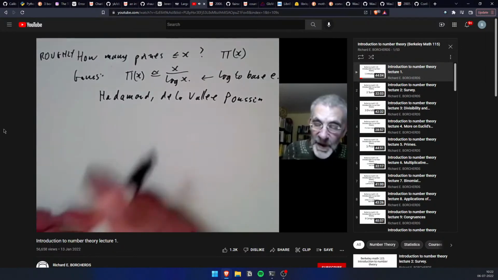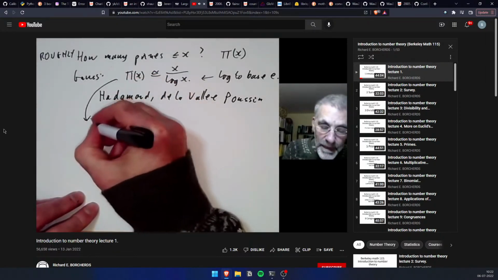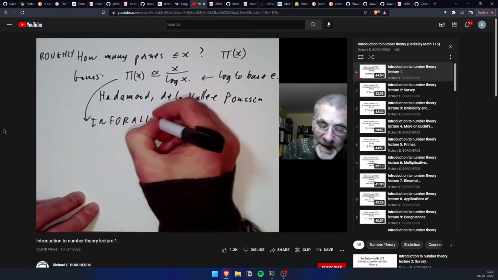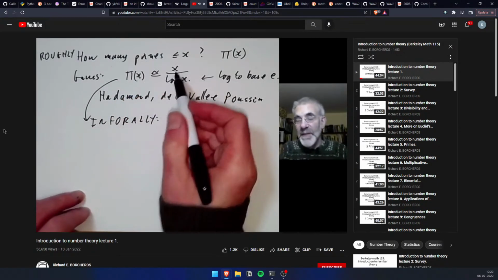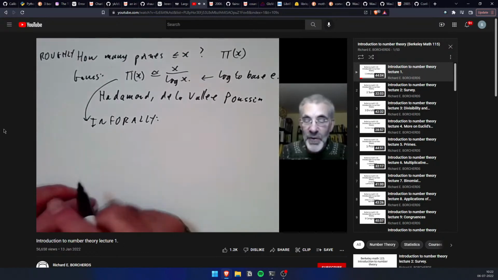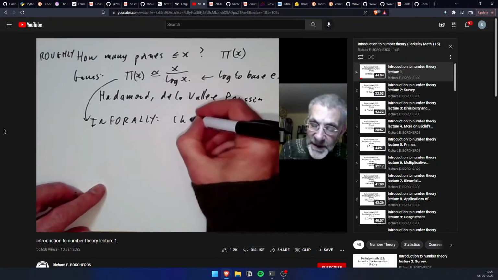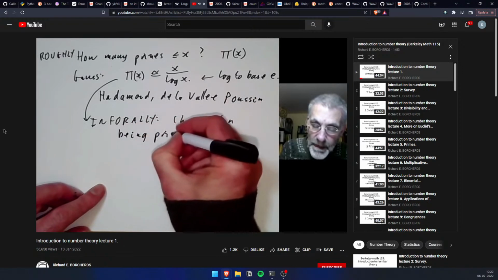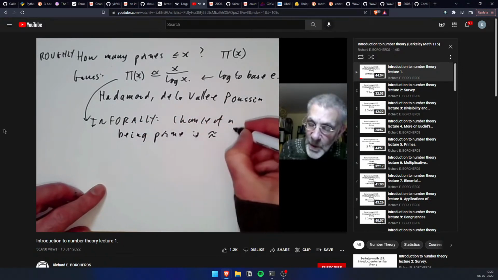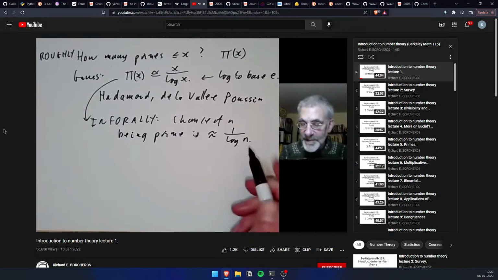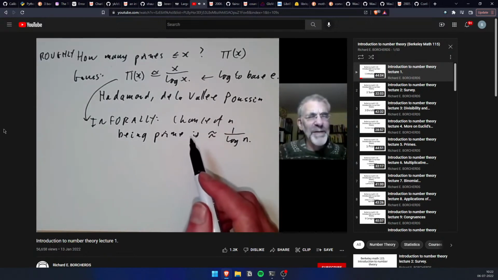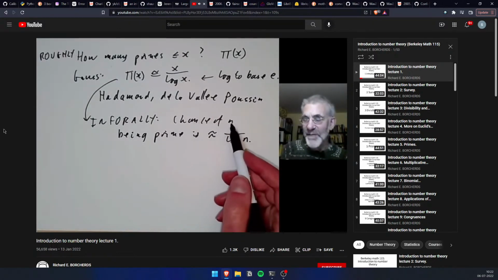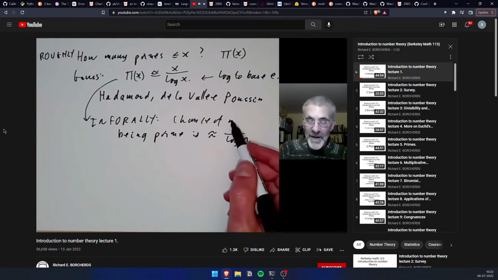So informally, this means, suppose you take all the numbers up to x, it means about 1 over log x of them are prime. So we can think of this as saying the chance of n being prime is about 1 over log of n. And you've got to be a little bit careful about what you mean by this, because the chance of n being prime isn't 1 over log of n. It's either the chance of n being prime is 1